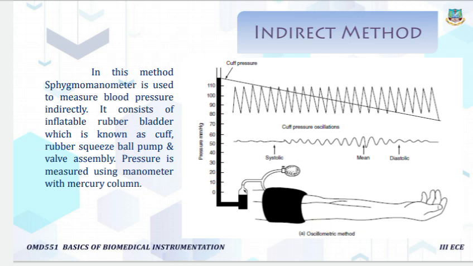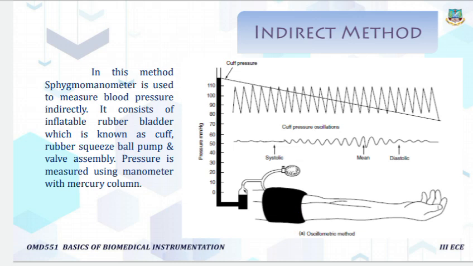The cuff is inflated, so the pressure inside the inflated bladder is increased. When we push this ball, the pressure at this point will increase to a point greater than the anticipated systolic pressure. This pressure compresses the artery against the underlying bone, so the blood flow in the vessel is stopped.